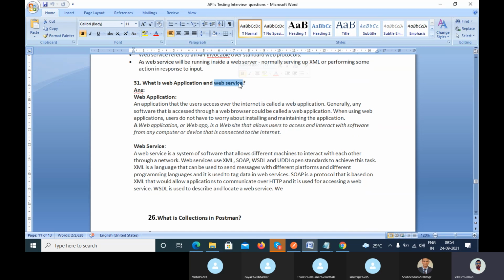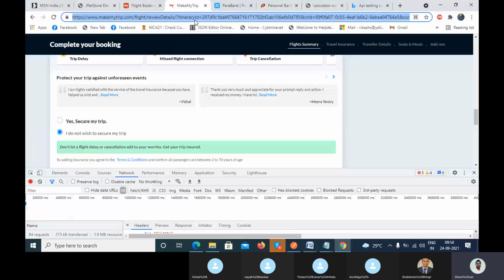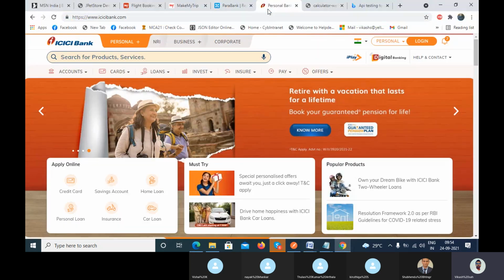Now, another thing is, what is the web application and the web service? Web application means any application which is directly accessed through the internet, through the browser, through any website. Let's suppose I'm using MakeMyTrip or IRCTC.